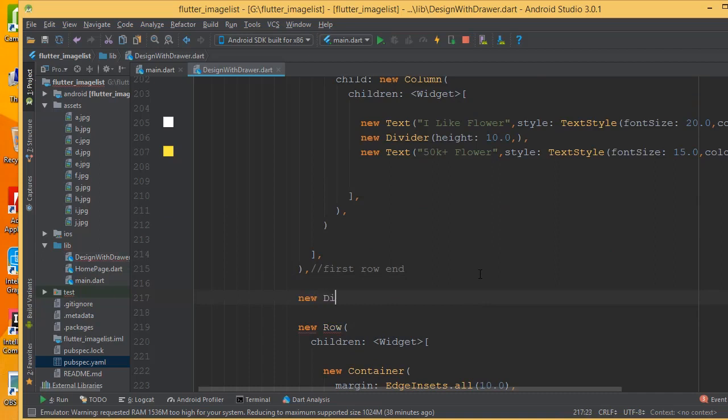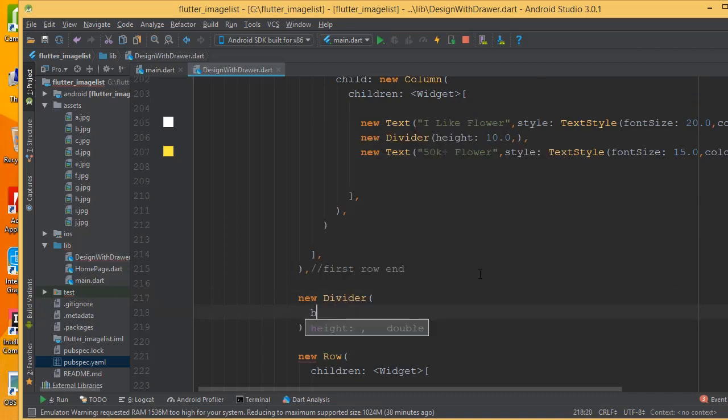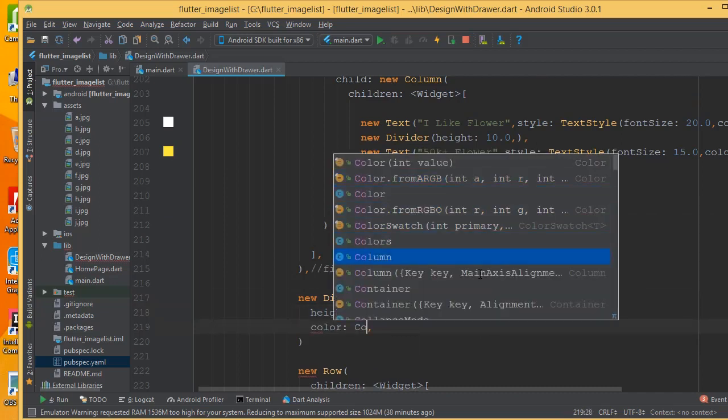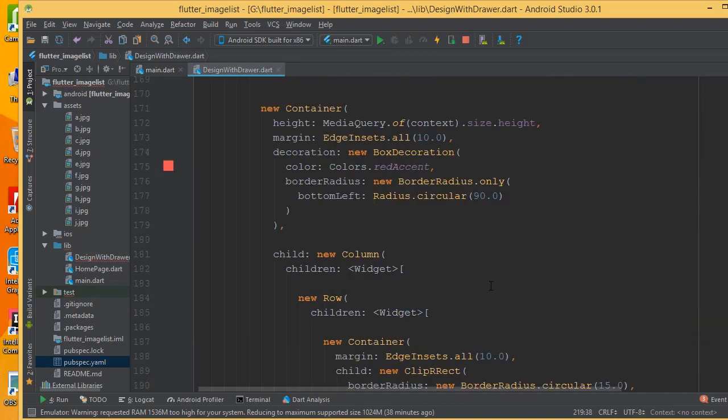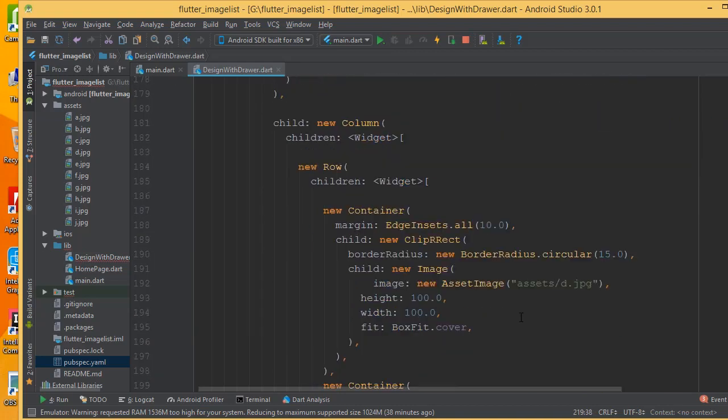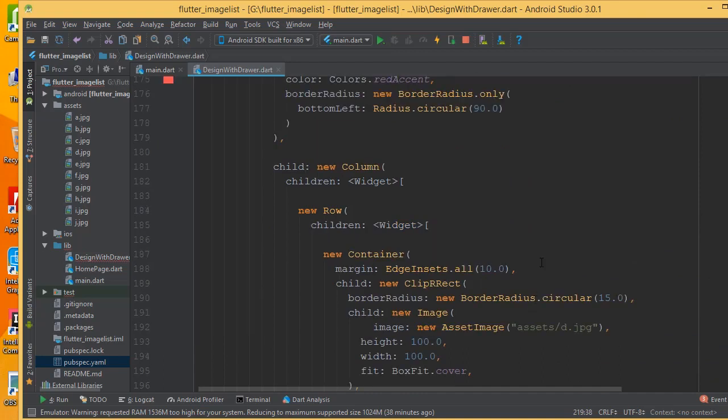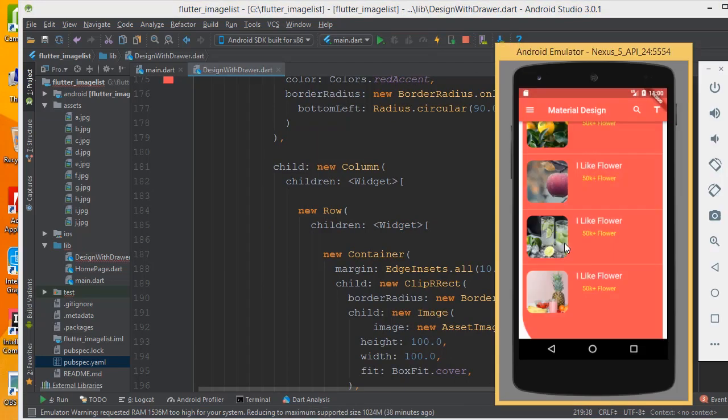So a new divider, height is going to be 10.0, and color is going to be Colors.white. Okay, so now if we run this application, here we can see